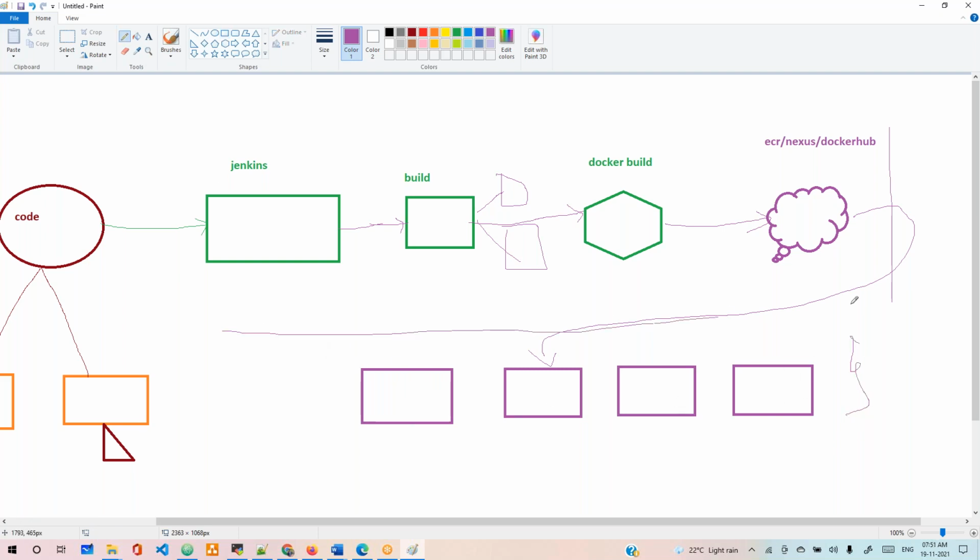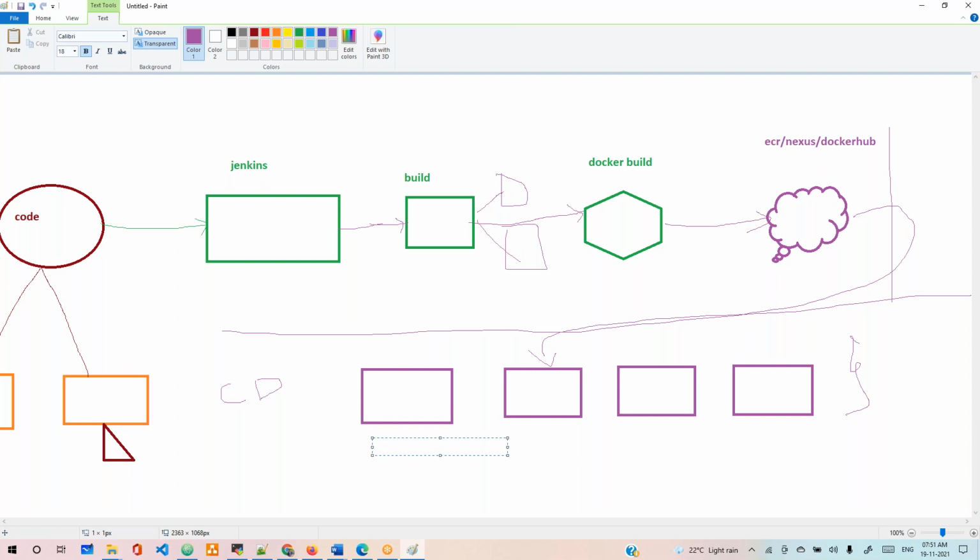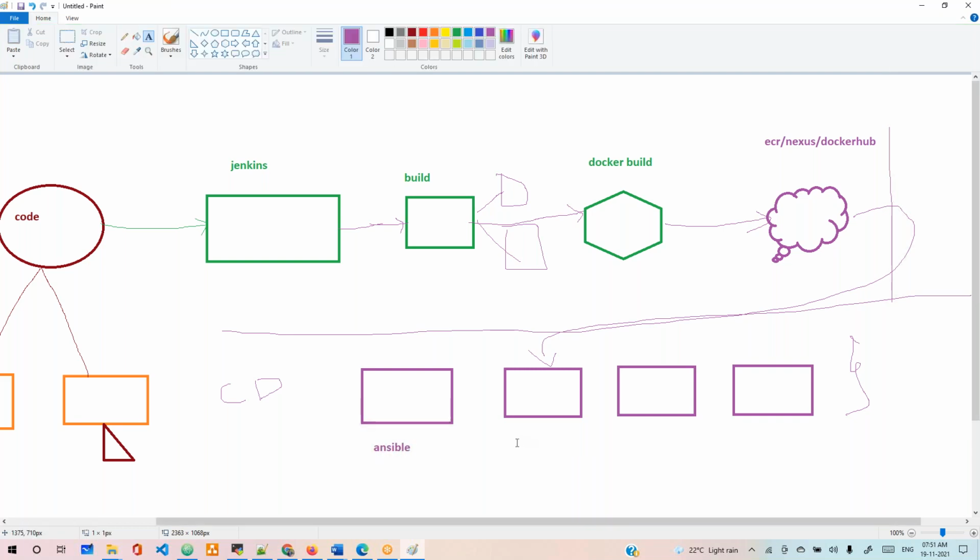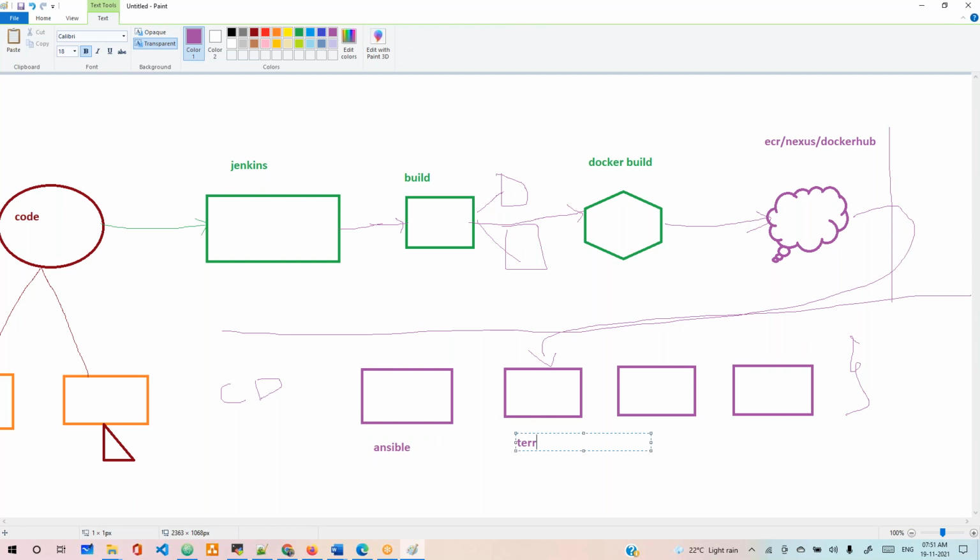Helm charts and Argo CD and other tools come under CD. It can be any tools. For example, let's say using Ansible, or Terraform with Ansible, and we can use Docker Compose, Docker Swarm, and let's say Kubernetes,